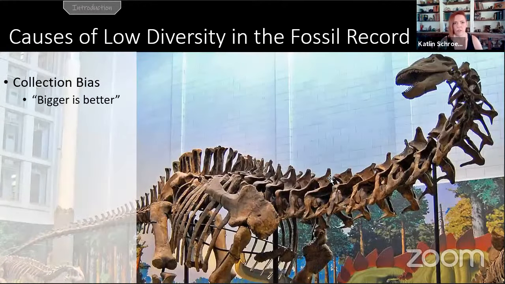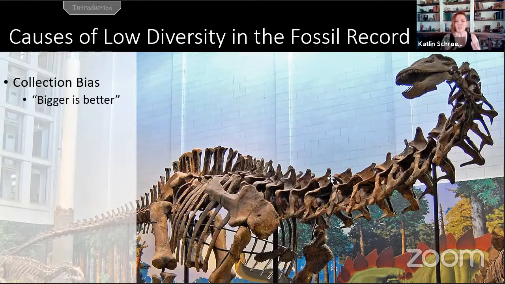The other one was collection bias. So collection bias tends to be a result of scientists going out in the field and having a specific purpose about why we're going out and collecting. So if you're interested, for example, in finding the world's oldest dinosaur, you're unlikely to end up collecting a Tyrannosaurus rex, which was alive at the very end of the dinosaur reign. And as anybody who has read anything about the Bone Wars knows, a lot of paleontology was driven by museums that were really interested in having just the biggest and best dinosaurs.